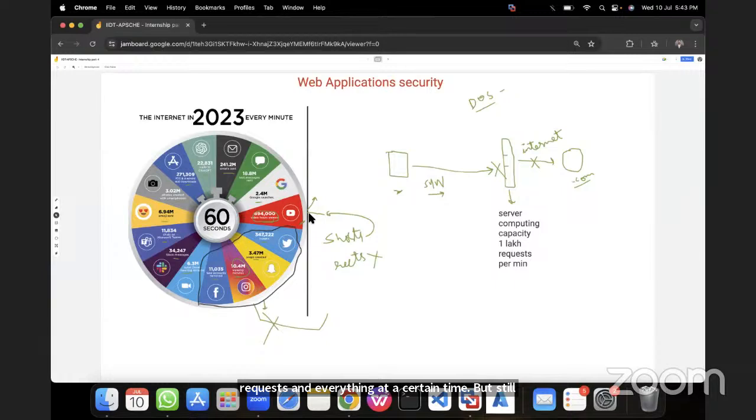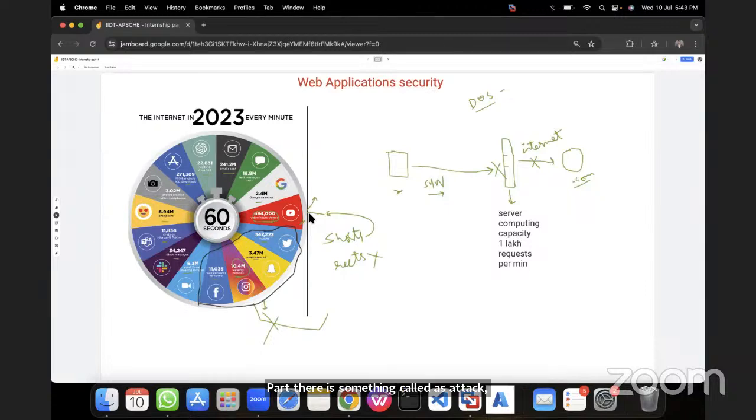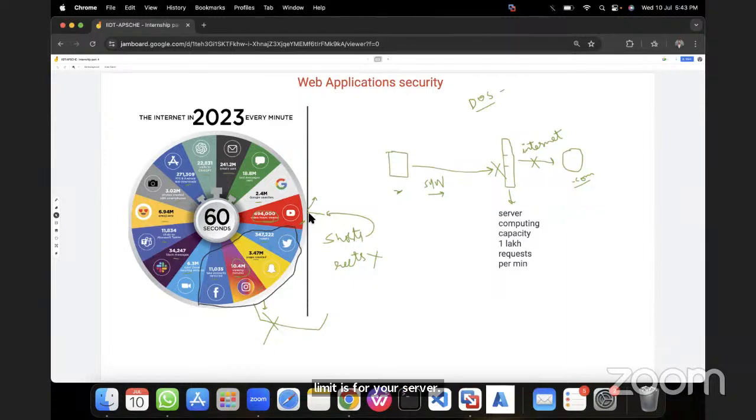but still there is something in the back end that is not going good, that time, in cyber security, in ethical hacking, there is something called a DoS attack. Even if your infrastructure is good, your servers are good, and your server's computational power is good, still we can, at some extent, whatever the limit is for your server, let's say your server limit is processing 1 lakh requests per second, we will try to send 5 lakhs to 10 lakh requests per second. So we can push the limit of the requests sent to the server